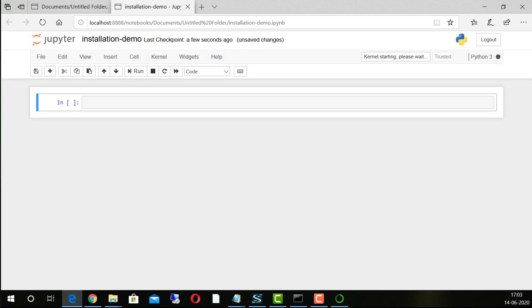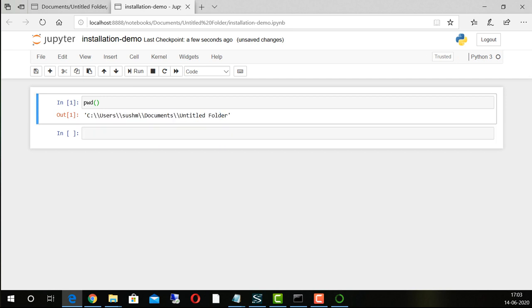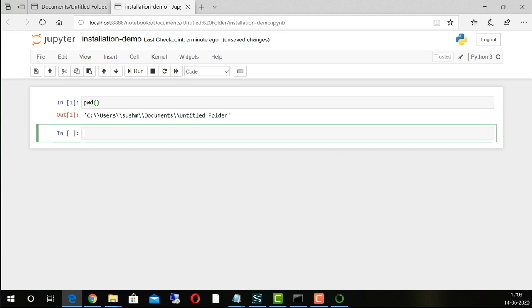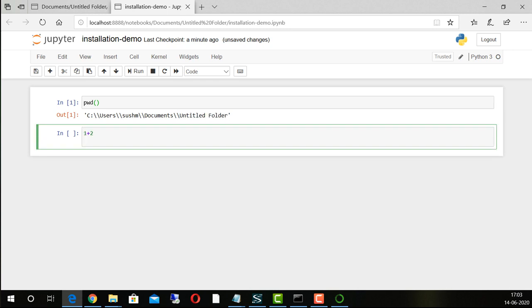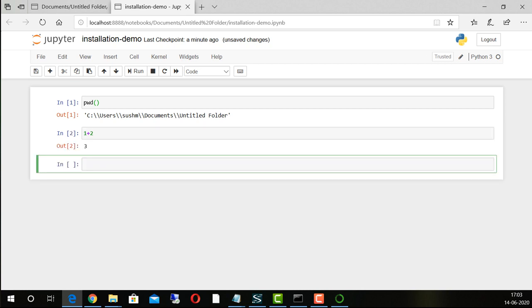The first thing that I want you to see is try writing this command, print working directory, pwd, and once you write this, hold shift and enter. If you click shift enter, it will show you your current directory, that is print working directory. So you can go here wherever my location is, and this is the folder that we have created. You can navigate there and rename it and do whatever you want. If we try to execute anything, if you click on enter, it will go on to the next line. If you click on shift enter, it will execute and create one more.